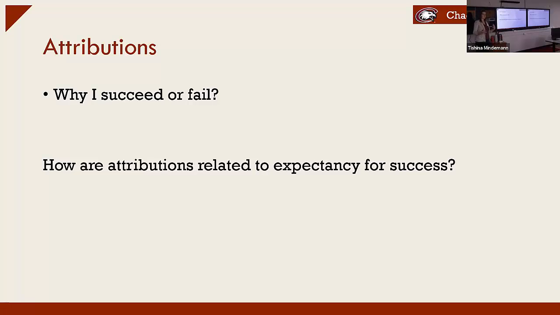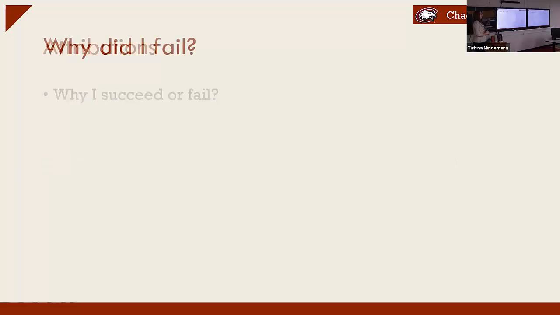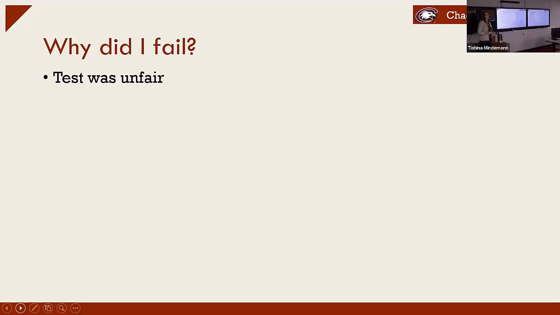And that can affect our cognitive load and how we engage in certain tasks. So, thinking through why students failed, or why they think that they failed. When I was just brainstorming what I hear from my students, it might be that the test was unfair, right? Your test was too hard, your study guide didn't line up. Sometimes that might be legitimate, sometimes it might not. But if that's what they think, that's what's going to influence their motivation, right?